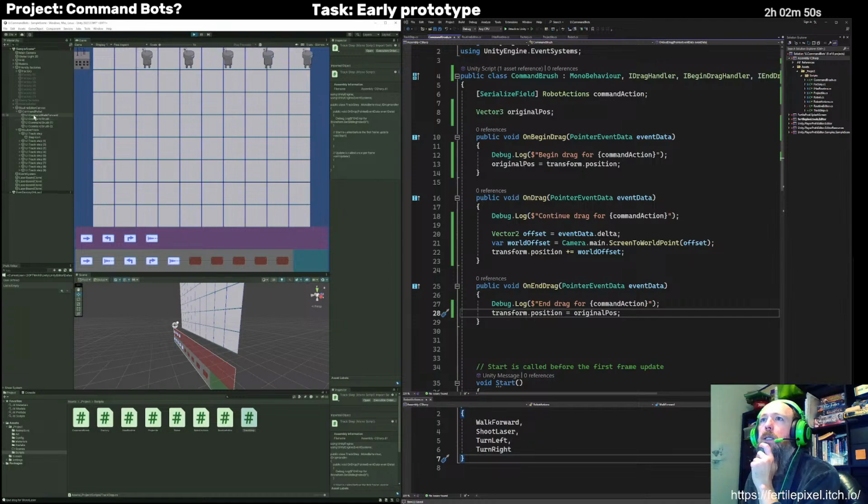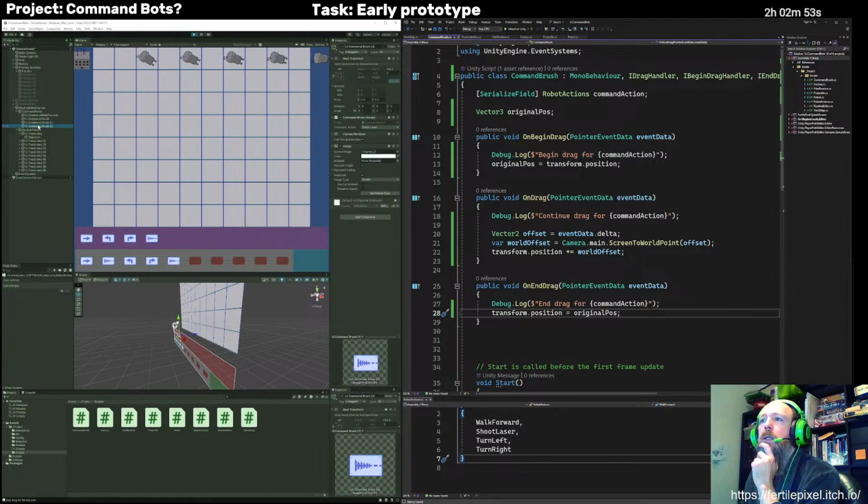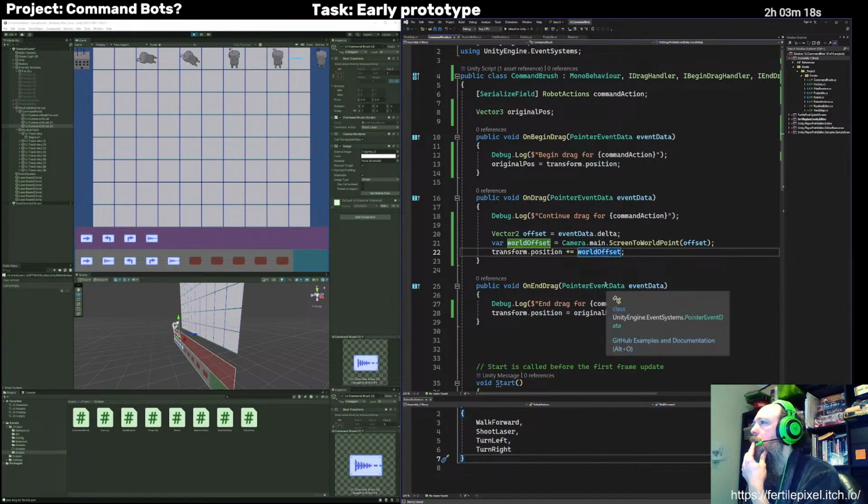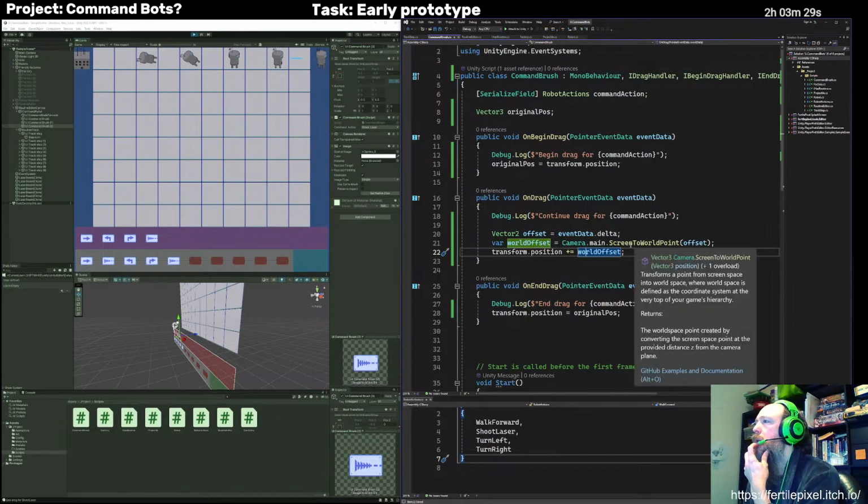Let me select this. Should be what I've got, and I'm grabbing that, and it's just gone, and its Z position is like a negative heaps. So even though I've got a vector thing being converted to a vector 3, when it does a screen to world point,